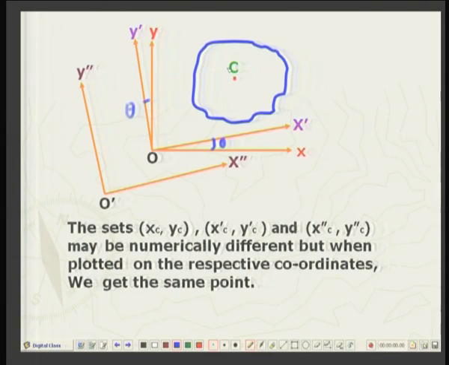It means that whatever coordinate system you may use, as long as they are rectangular Cartesian coordinates, the location of point C will be invariant, it will be unchanged. Although the individual values of the x coordinate or y coordinate will be different, after plotting it you will get absolutely the same point, of course, if you are not making any calculation errors. So, this is a very important result, that is, the centroid does not depend upon the choice of coordinate system.